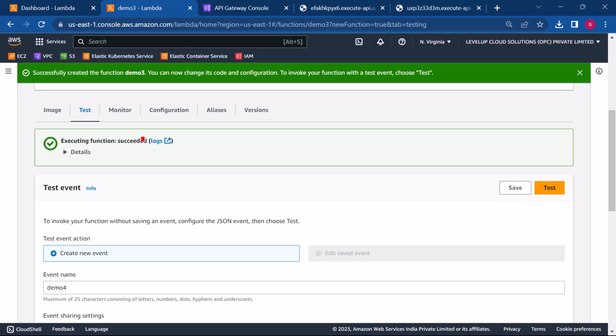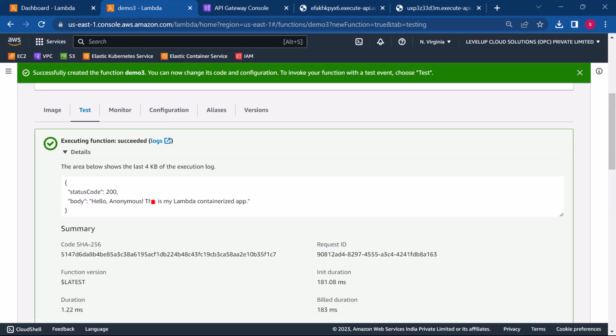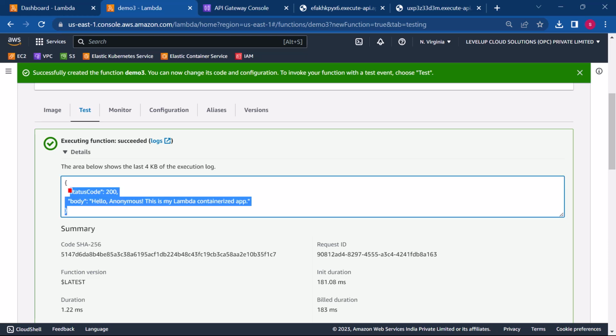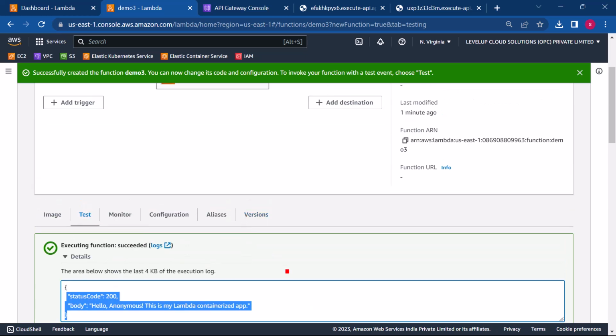You see, execution function succeeded. The output of that particular container program is this one: hello anonymous, this is a lambda containerized app. That is the output. But now if I want to see that on the web,